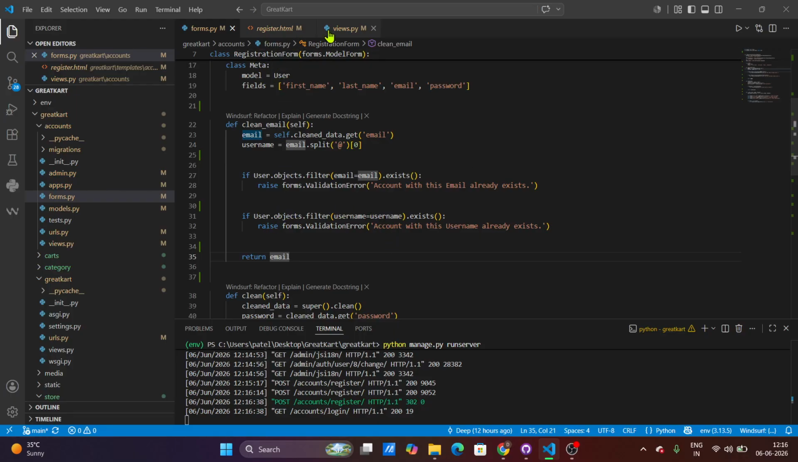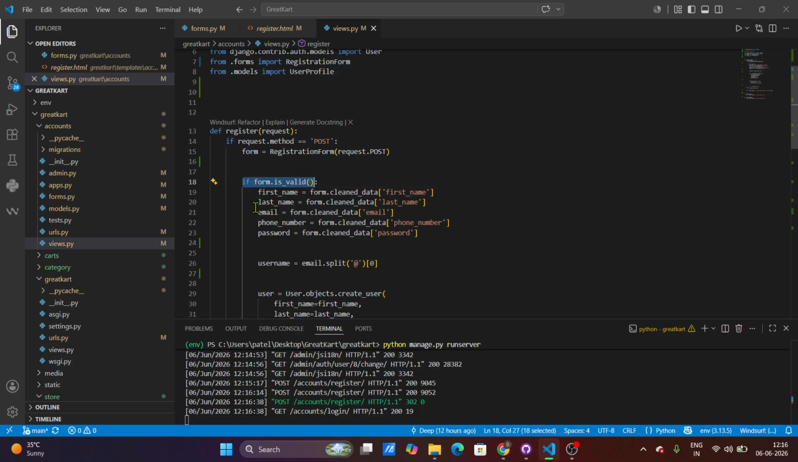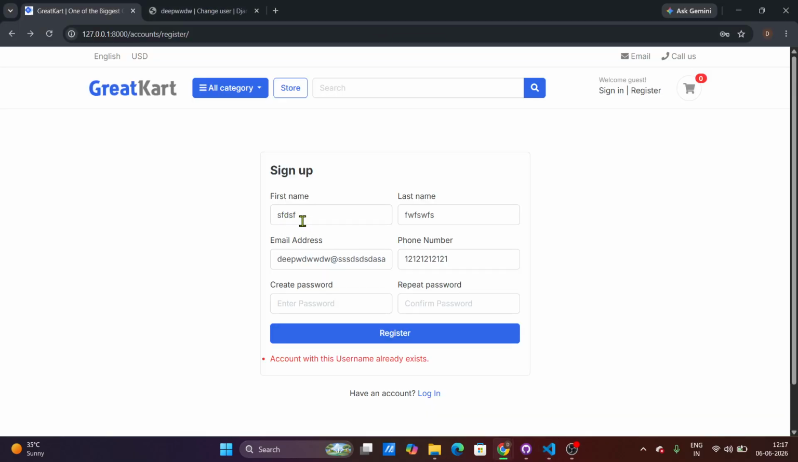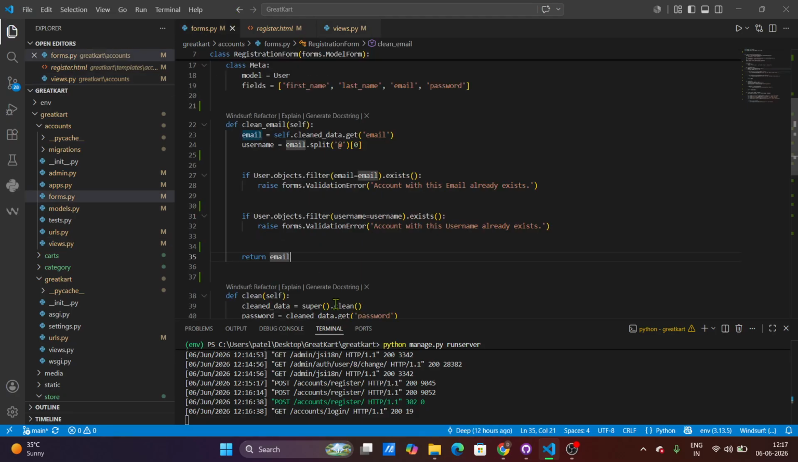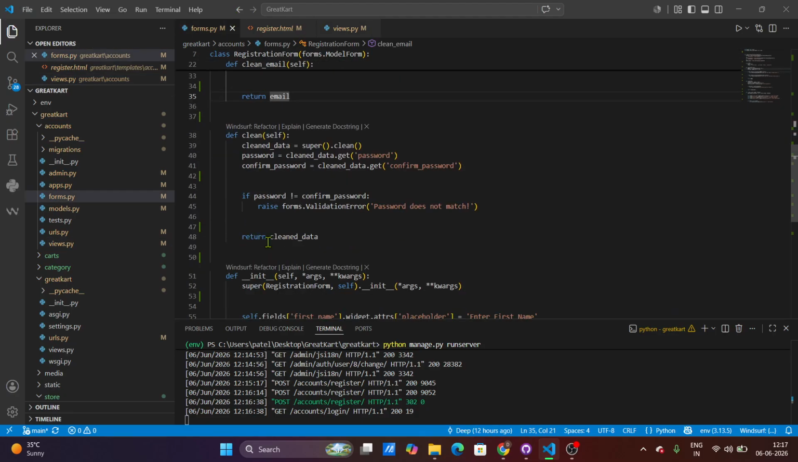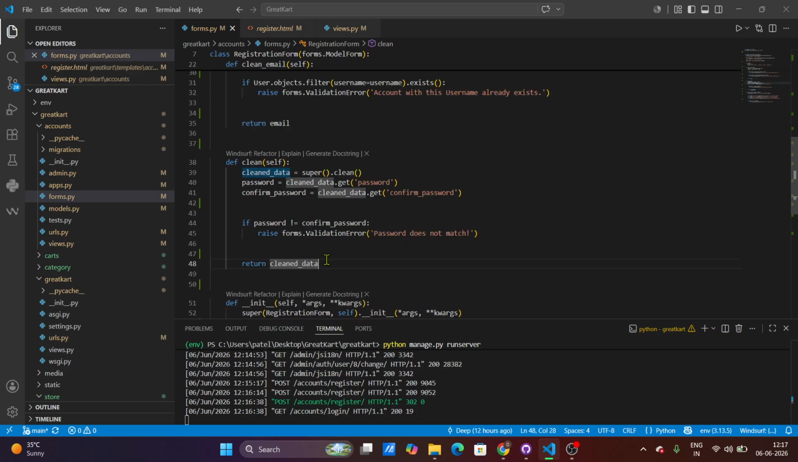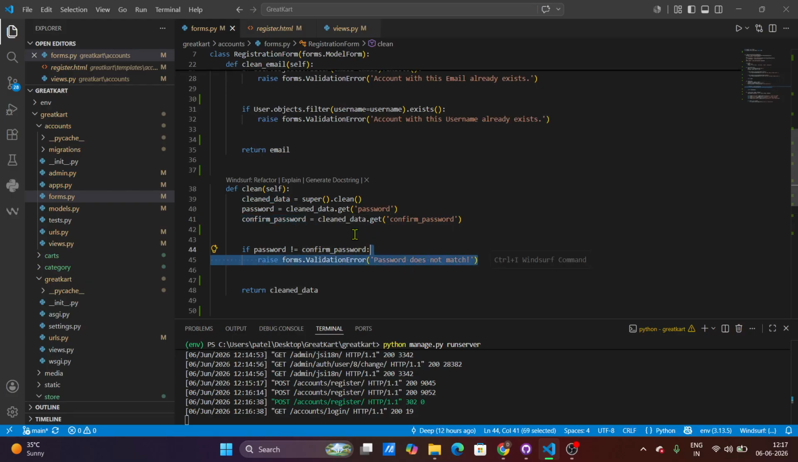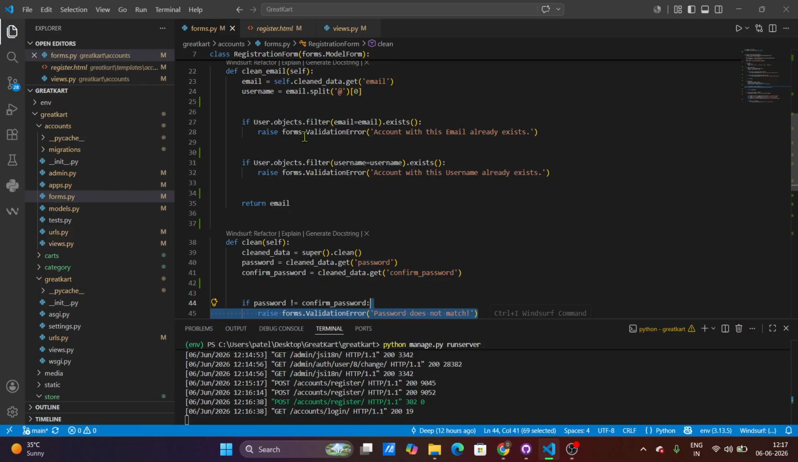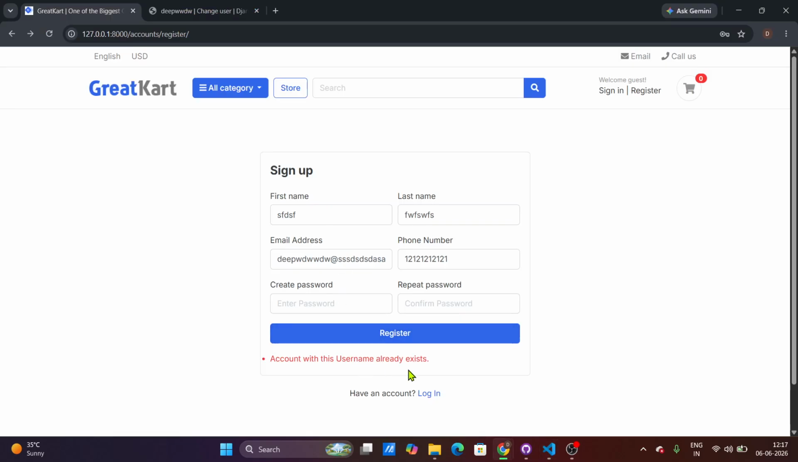So here, after this, this will execute. Now we have email and this cleaned data as the user has typed in, because we don't have any error. If we had any error, then it would be executed here. Okay,